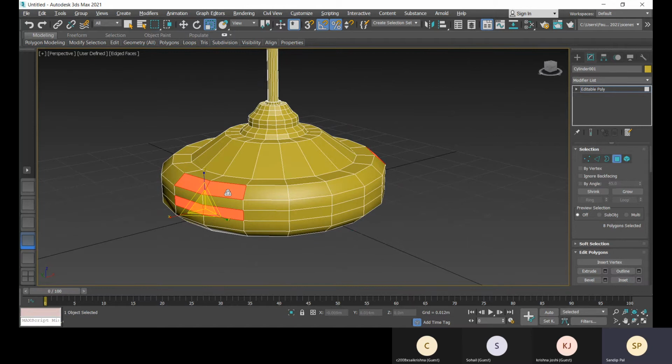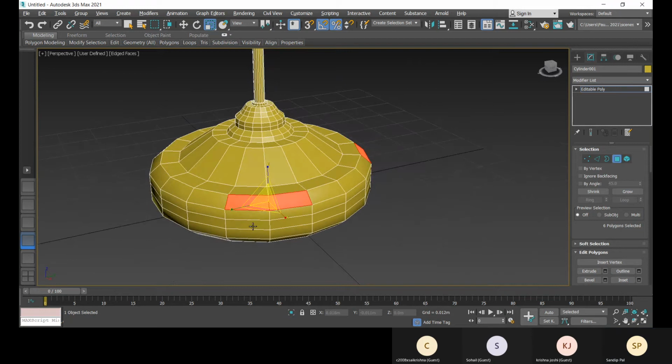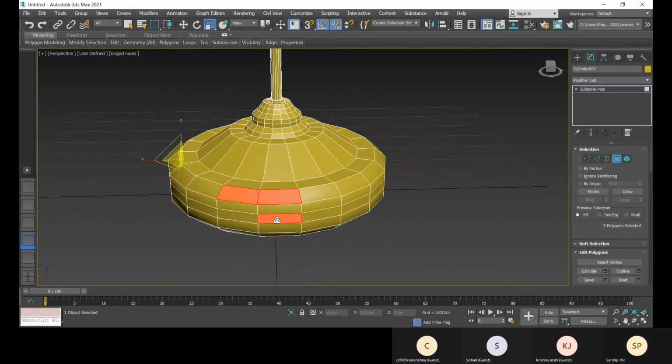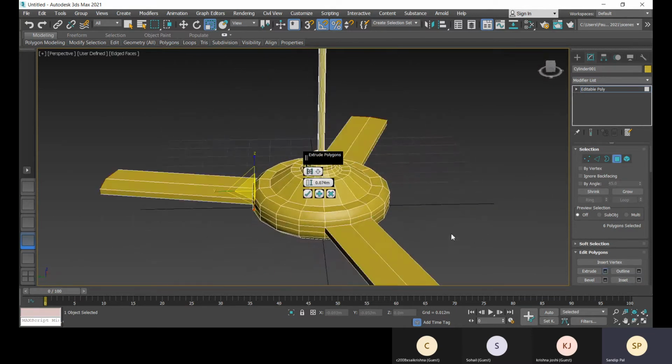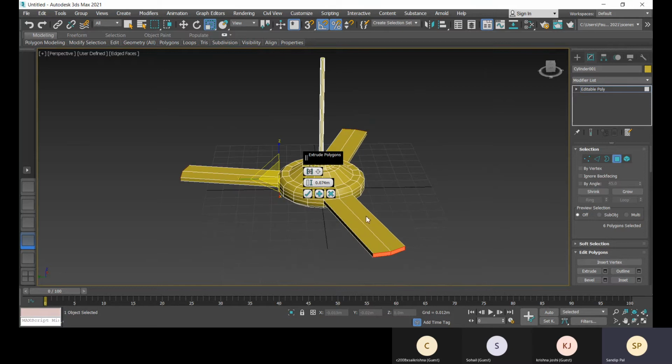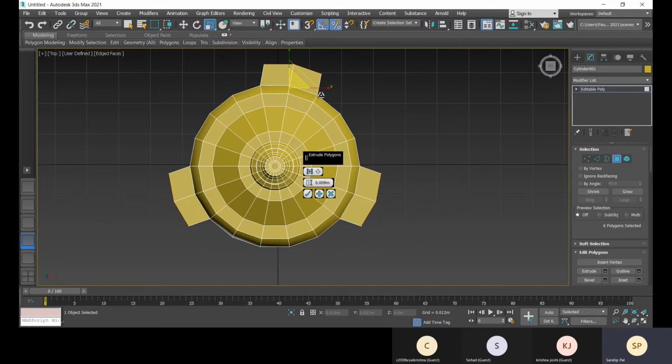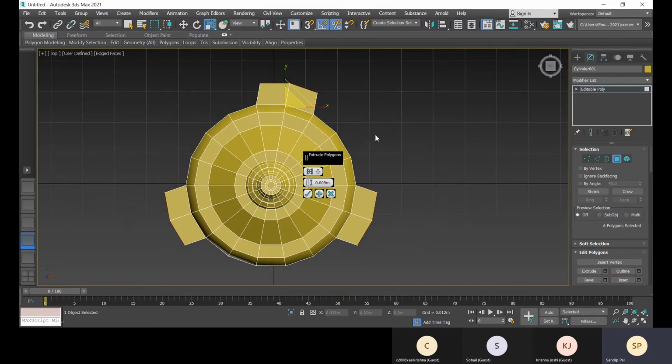Now deselect by holding the alt button, holding the alt button, unselect. Now these are selected. Now you have to extrude it. Not that much, I don't need that much. What I will do is extrude only up to this. You can go to top view and check it.